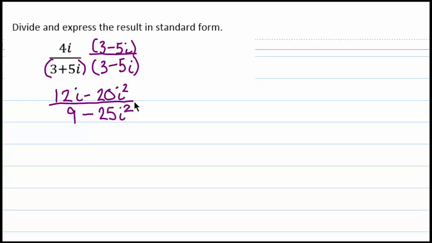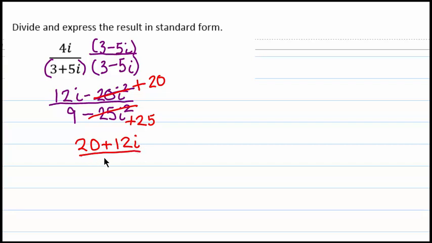So looking at now what I've multiplied here, I see that I have this minus 20i squared. So I'm going to go ahead and change that to plus 20. And here I'm going to change this to plus 25. So I change those terms because I have the i squared, which means I'm multiplying them times a -1. So now I have 20 plus